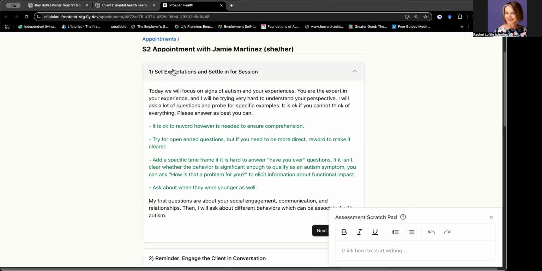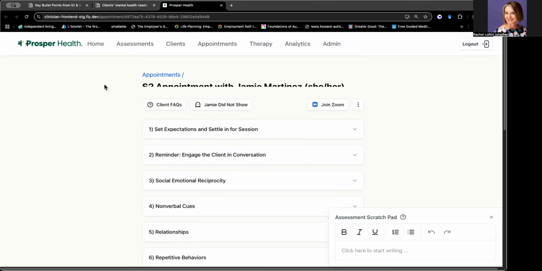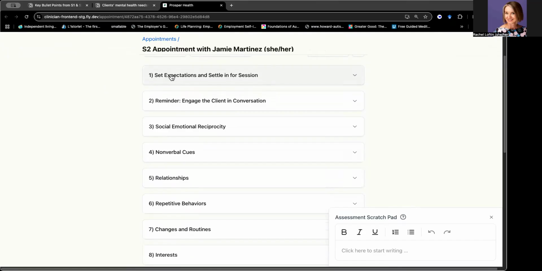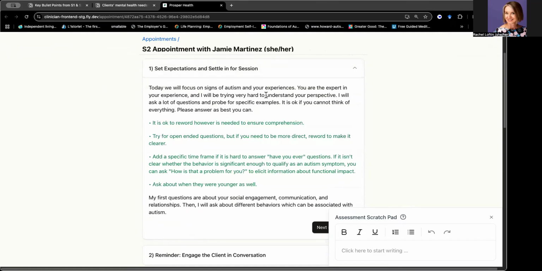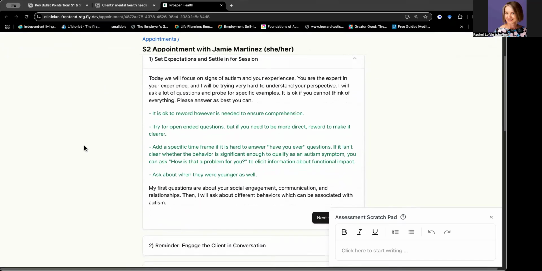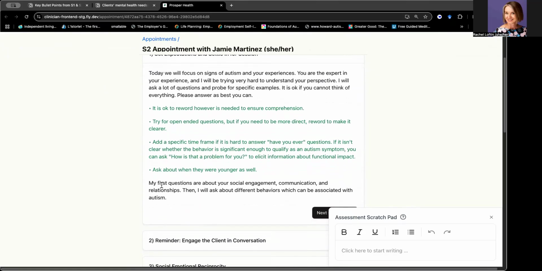Hi, now I'm going to walk you through your S2. This is your second session. And as you'll see, when you click on one, the real focus of this is going to be understanding how well the client meets DSM criteria. We're not going to want to say it to them in those words. I have other more specific words here that are a little gentler, but that's what we're doing.